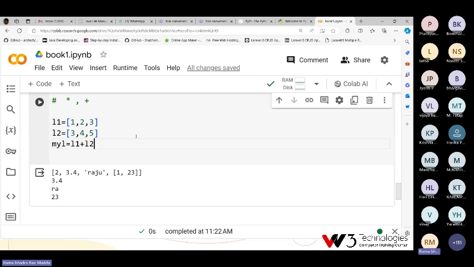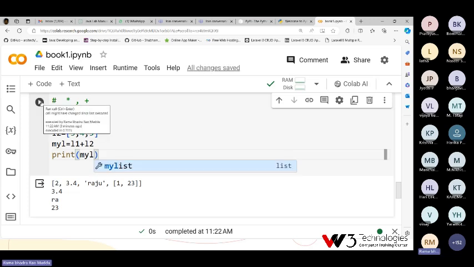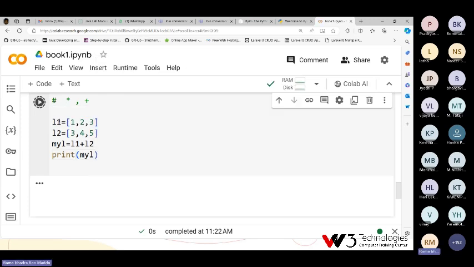I'm trying to concatenate the lists. So I'm printing my L. What happened? Anyone can guess? It will combine together into a single list. The plus operator works as combining of two lists.